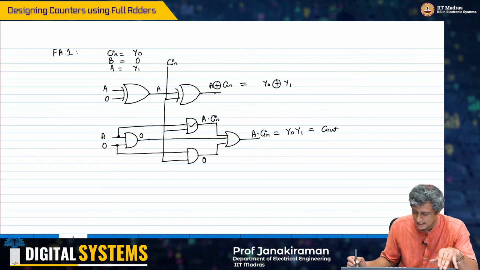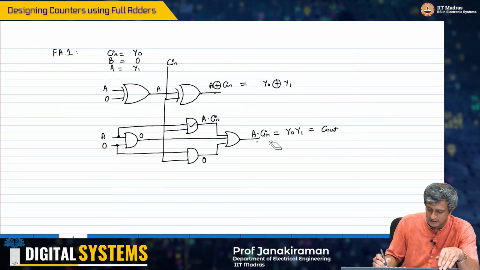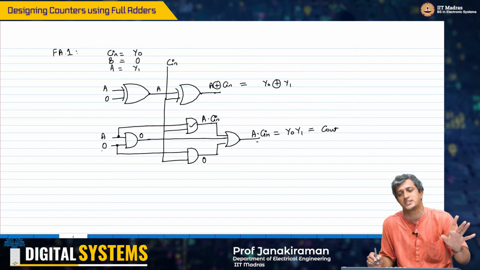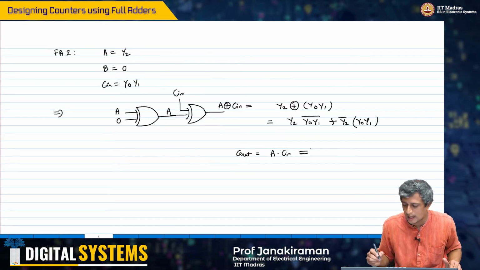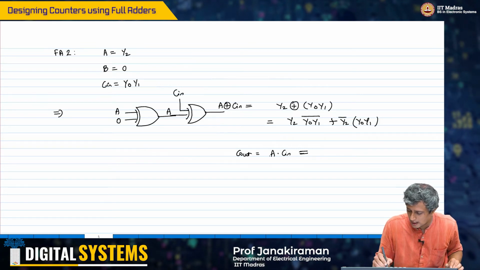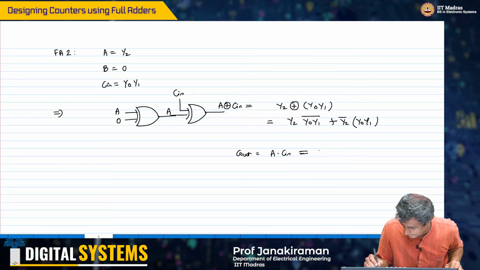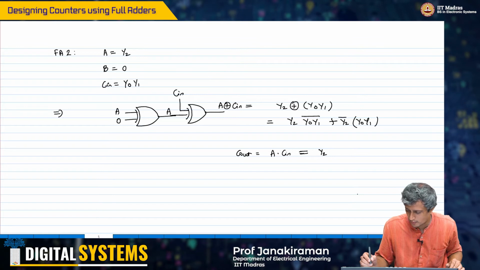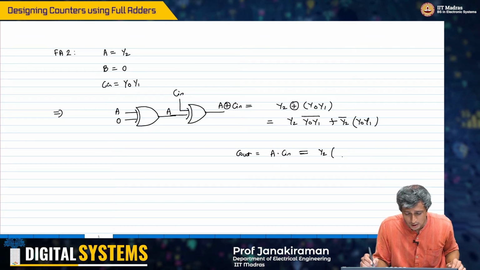Again, that's exactly the same as what we got previously, simply as a result of the B input being 0. And therefore, I can just say that my A and C in is going to be Y2, because A is Y2, into C in, which happens to be Y0,